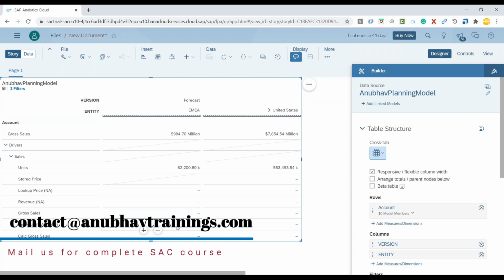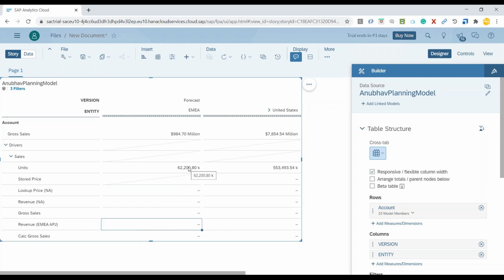We don't have this value. But at the moment, I have the unit price available, and the stored price is also available in the system. So what I would like to do is calculate my total revenue for the EMEA region based on my units and stored price.